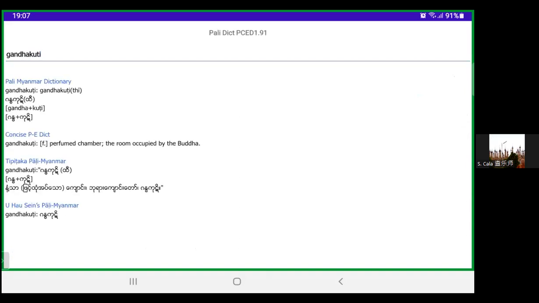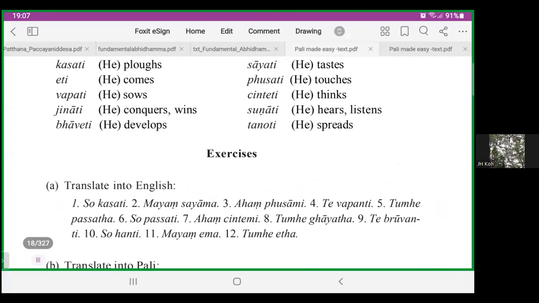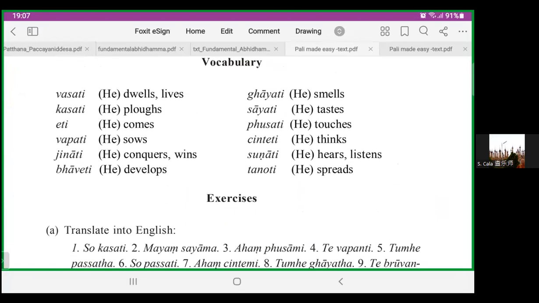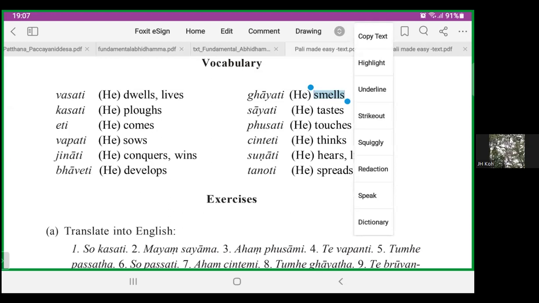So they call it the perfume chamber. So normally when we say Ganda, it also has to do with a good smell. I thought it's a generic term for smell. Yeah, it's a smell, but we are talking about a verb here. What you're talking about is a noun. Just now it's a noun. This is a verb, because so far we have not gone through the nouns.